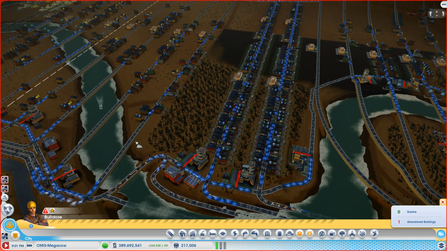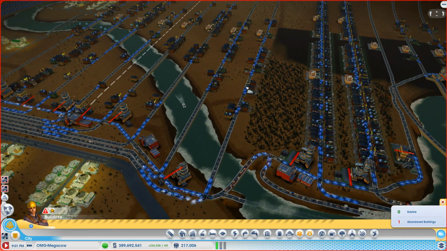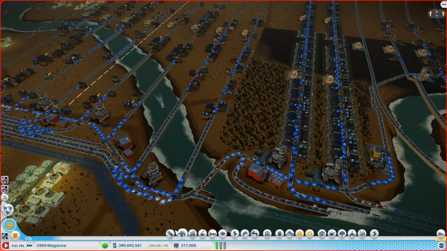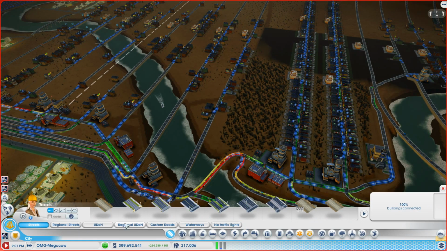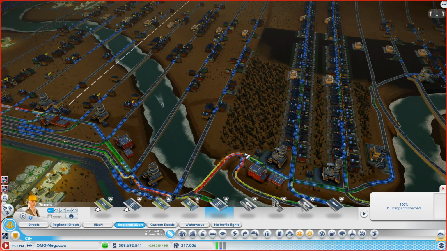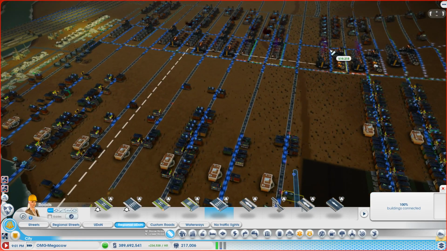And this is how I kind of figured it out, because I realised that some buildings were crashing the game, some buildings weren't, and it's the ones that were adding a road section that were crashing it, and that's why I realised I'd run into that 1024 limit. Cool, huh? Alrighty, so now I'll take a regional UDON one-way high-density street and just hook it up in one